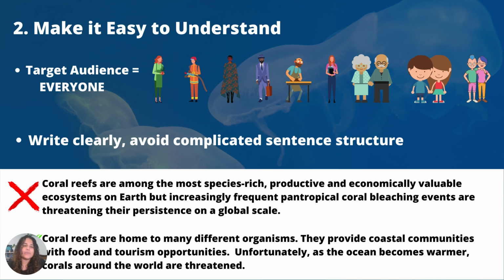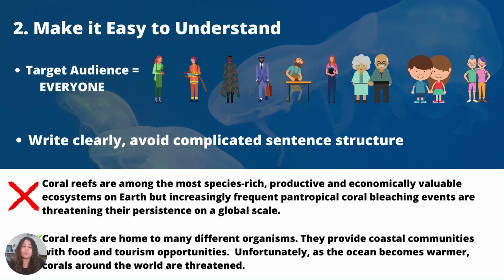Number two, you have to make it easy to understand. You have to remember that you have a target audience, and your target audience is everyone from different backgrounds, any age, any different academic backgrounds as well. Something that is a general rule for me is that I want to make sure my grandparents understand the science, but also my nieces and nephews. And they're not out of high school yet, so it takes me a little bit more to explain my science to them, but I want everybody to be able to understand. And it's a really good practice when you have all those different target audiences.